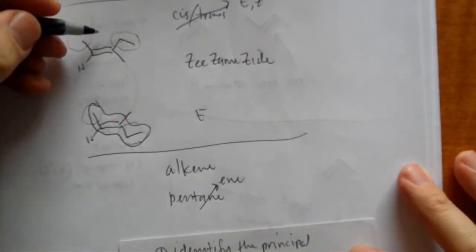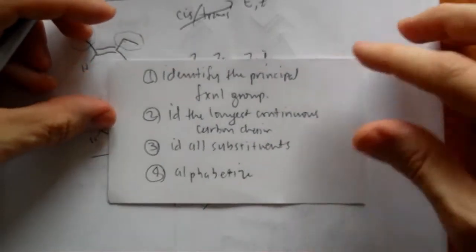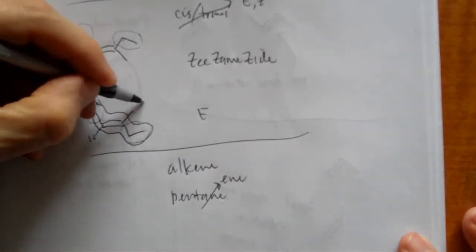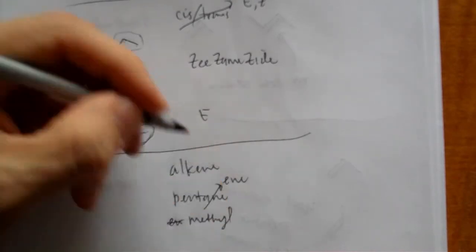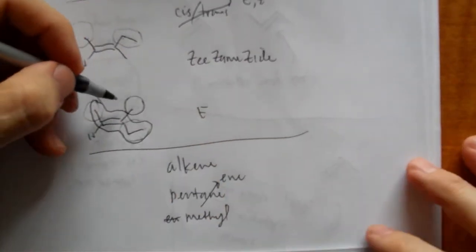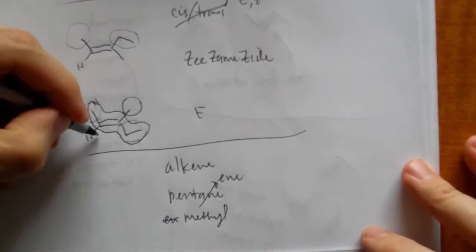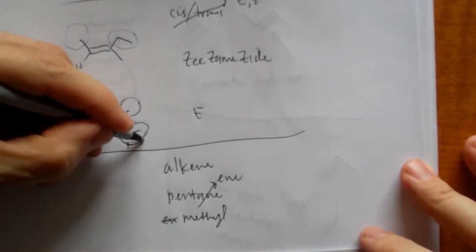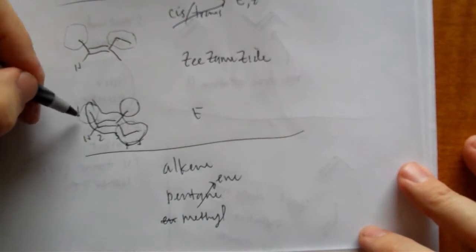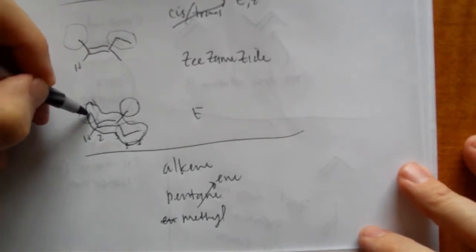Okay, now we've got to identify all substituents. Here's the only substituent that I didn't name. That's a methyl. How do you spell methyl? Methyl. And we've got to say where it is. All right, so 1, 2, 3, 4, 5. I think that's going to give us, see, the double bond is closer to that end, so we're going to say that this is 1 over here. So that's going to be 3 methyl